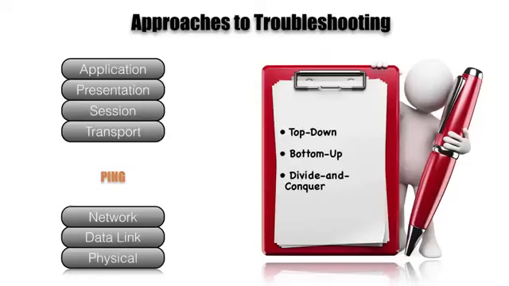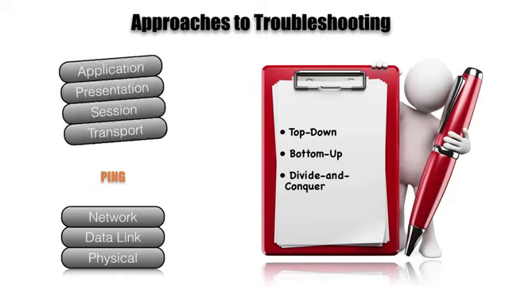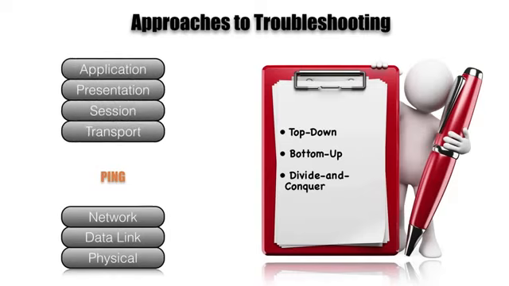It does have some layer 4 characteristics, but technically ICMP is a layer 3 protocol, and if the ping works, that's going to give us some assurance that the bottom 3 layers are working, and we can start focusing our attention on the upper layers. If the ping does not work, if it fails, well, that's an indication that we need to focus on the